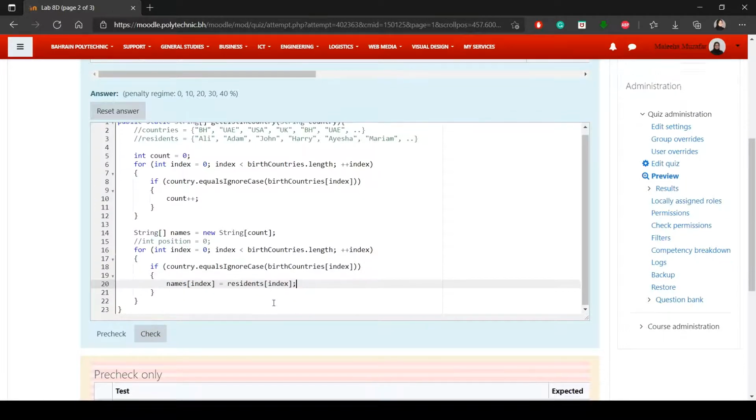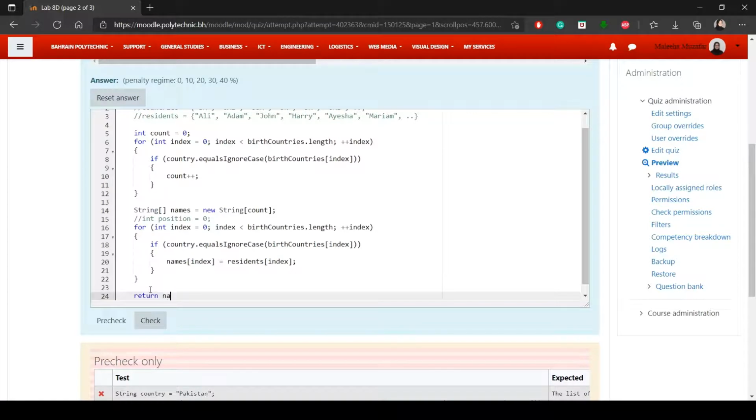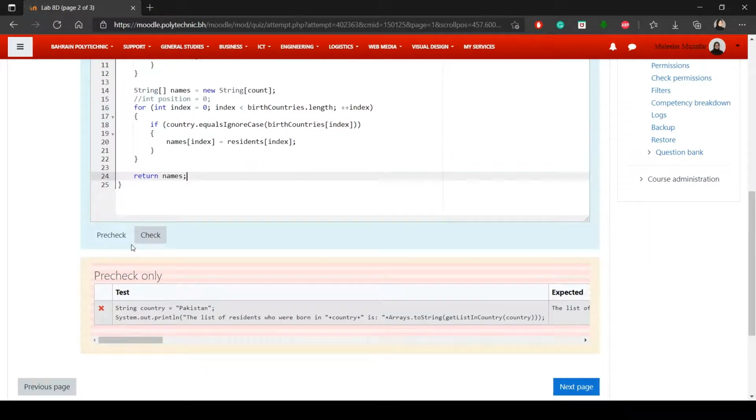All right, and then that means take this index and whatever is the name or whatever person is there in the residence array at that index, save it into the names array, and finally you just return names because you're supposed to return a string array. Now notice what happens. If I click on pre-check,